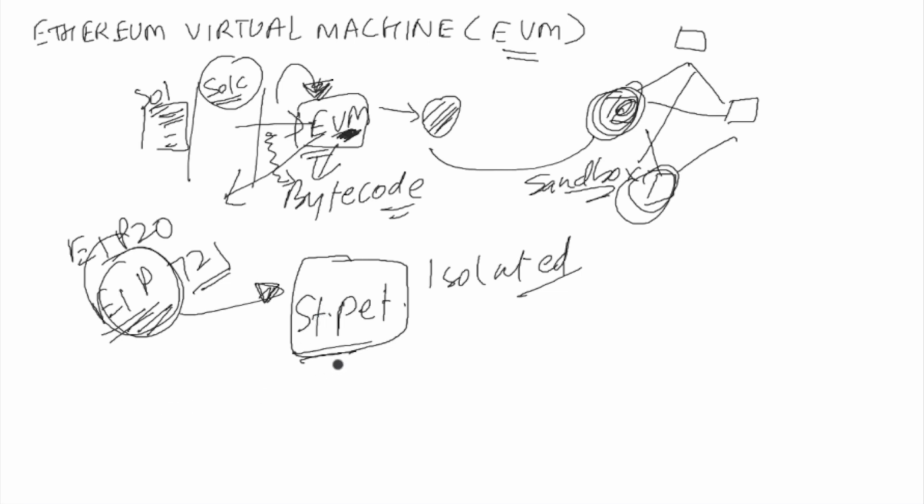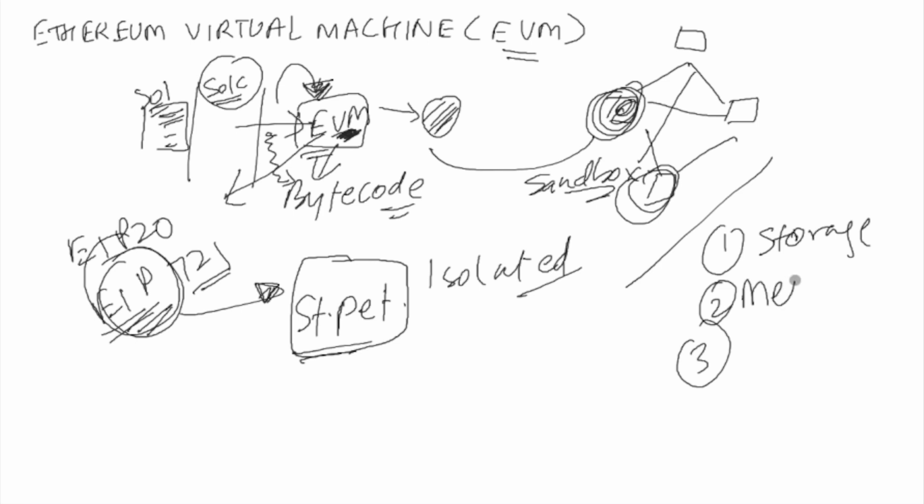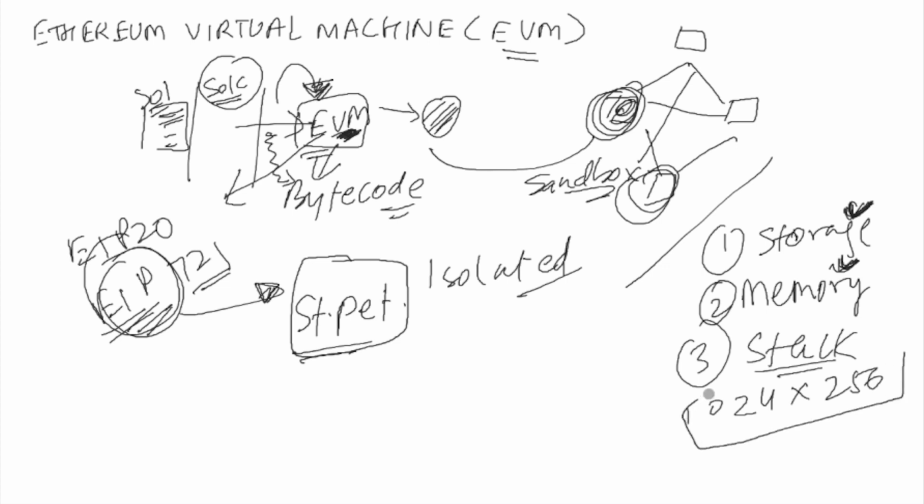Now there are three locations to store data on EVM. So whenever we talk about EVM, there are three storages for the data. So first one is we can store it in storage, then in memory, and then in stack. So storage is persistent, it's kind of a permanent storage. Memory is volatile. Whenever we come out of that particular functionality, this memory data will get erased. And stack is size limited. Now the maximum size of this stack is 1024 into 256 byte. So this is the maximum. So this is 1K and this is